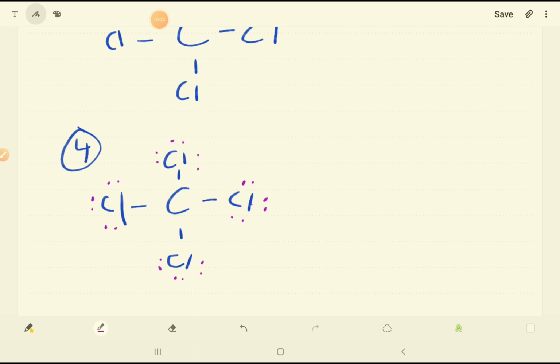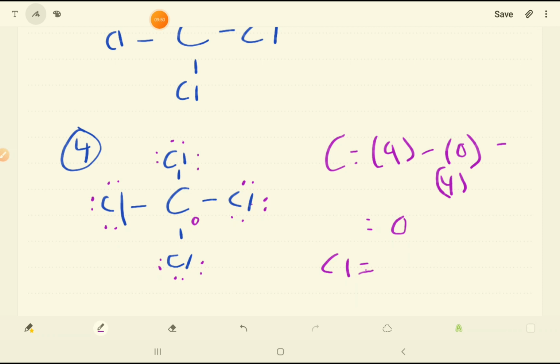And so the next part here is to calculate the formal charge. Carbon here would have a formal charge of 4 valence electrons minus the number of dots that you would see, which in this case is 0, minus the number of bonds that it makes, which is 4. And so carbon here, 4 minus 0 minus 4, would be a total formal charge of 0. Okay. Now for each chlorine,